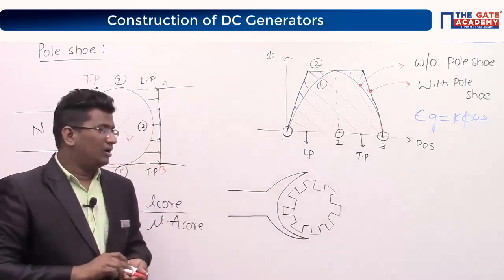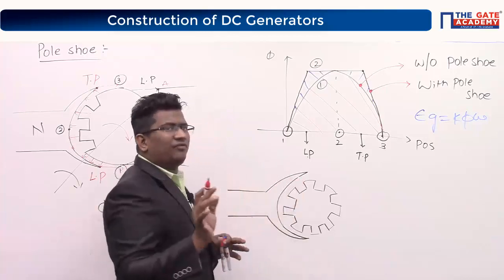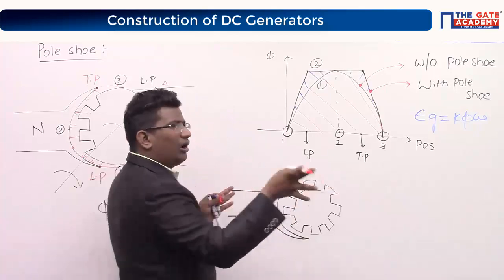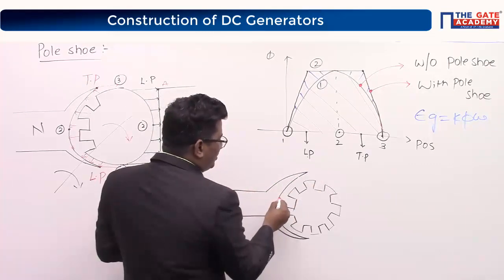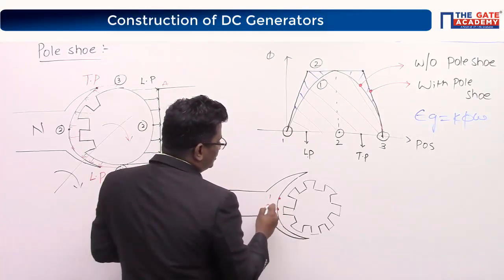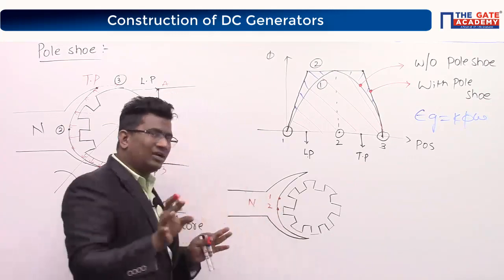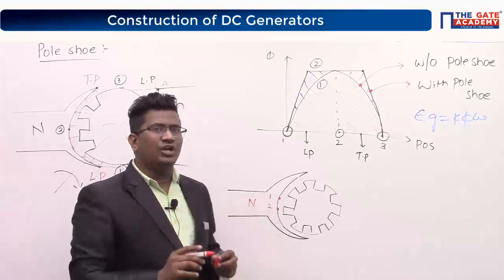Yes, correct? Now look at the board. Let me consider flux is coming not throughout the pole shoe, I am assuming only from two positions. Position 1, position 2. Flux is right now coming from only position 1 and position 2.